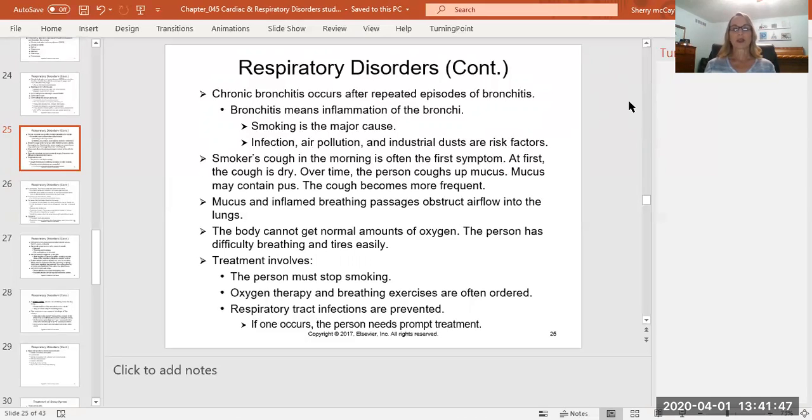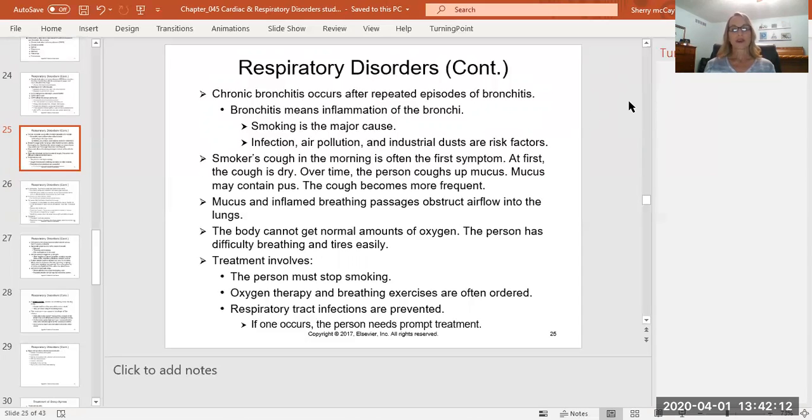Smokers' cough in the morning is often the first symptom. At first, the cough is dry. Over time, the person coughs up mucus. Mucus may contain pus. The cough becomes more frequent. Mucus and inflamed breathing passages obstruct airflow into the lungs. The body cannot get normal amounts of oxygen, and then the person has difficulty breathing and gets tired much more